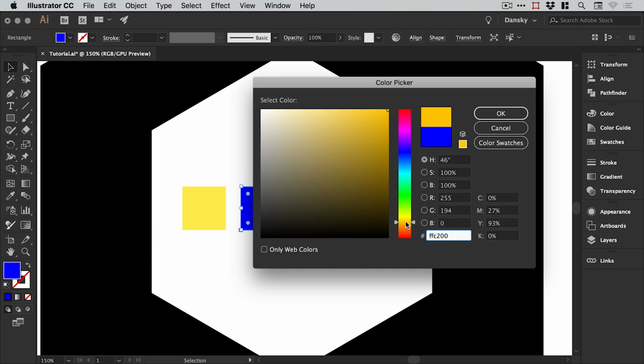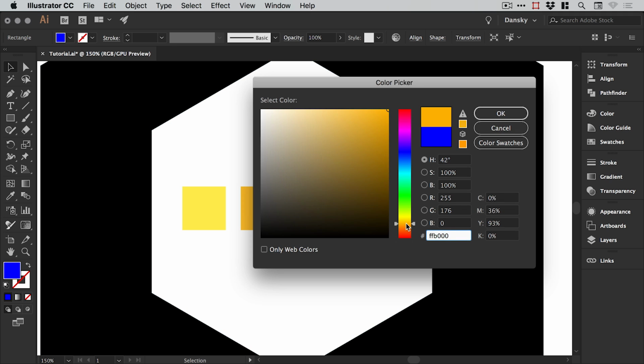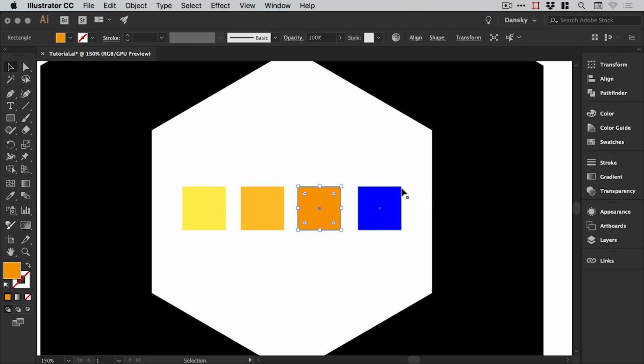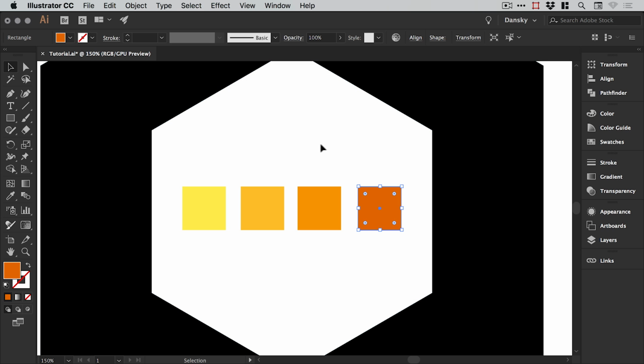And just you can see I'm dragging the hue slider here as well. So we're just gradually going from a light yellow through into a lighter orange. And then we're just going into a slightly richer, more vibrant orange that's also a bit darker. And then right on the end, we're going to go for a darker, more reddish orange. So you can see I've graduated from one color through to another, but you know, these are going to be